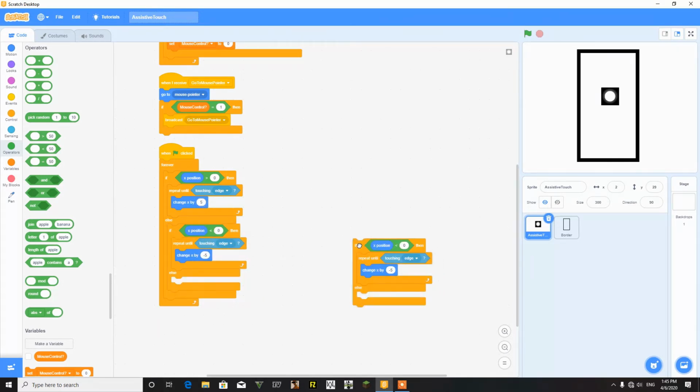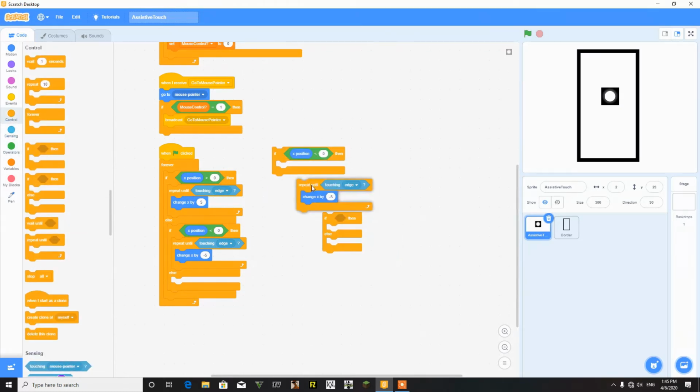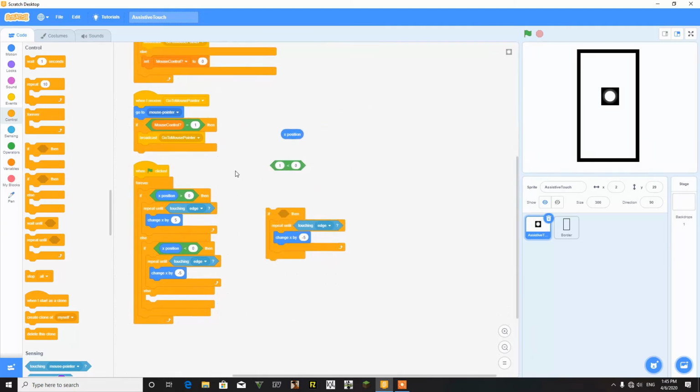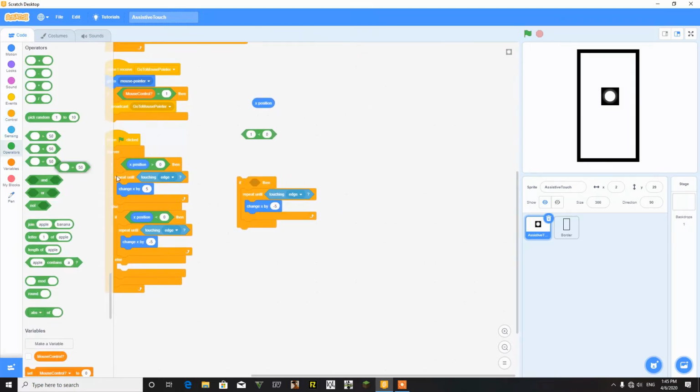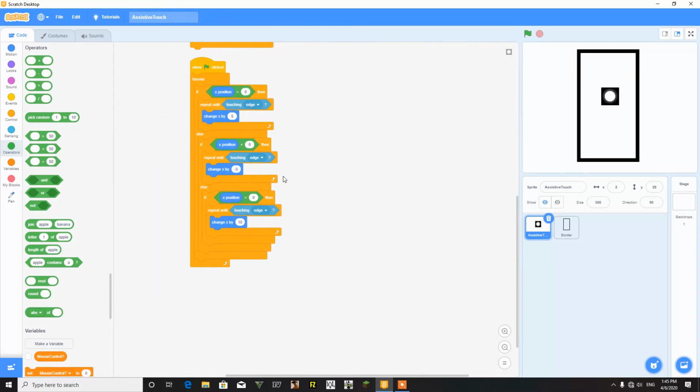Then duplicate this and put it in this if statement, and put here if x position is equal to 0, then change x by 10, or sorry, change x by 5 till touching edge.